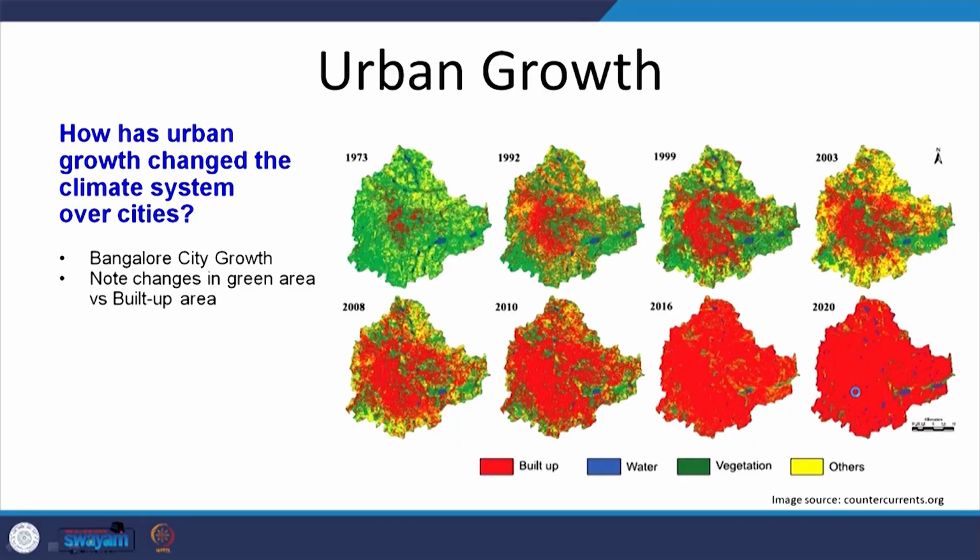So in today's lecture we are going to look at what urban heat island is, what causes urban heat island, and through the development of site in a sustainable manner, what all do we need to do, what all do we need to look at while designing the site so that this urban heat island can be mitigated or its effect can be reduced. So here we are looking at the city plan of Bangalore city,